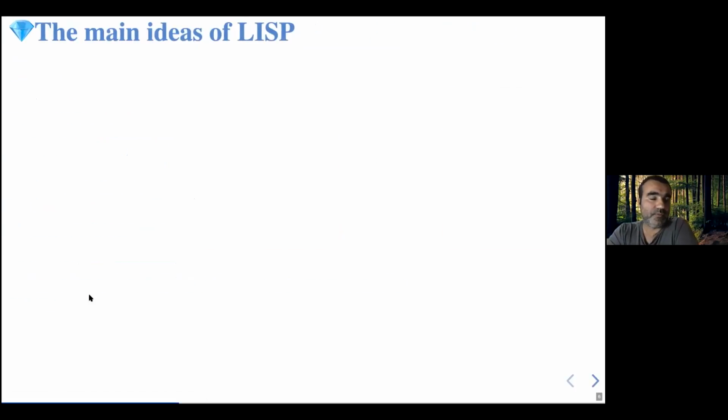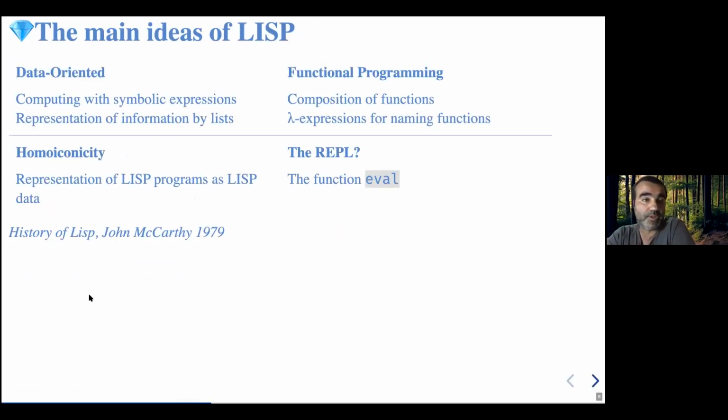Let's move on. When I prepared this presentation, I read again one of the Lisp papers, not the one from 60, but the one from 68, I think. And in the introduction of the paper, John McCarthy enumerates what makes Lisp stand apart. And it has a lot of parallels with the diagram I showed about Clojure. So I'm going to show you. John McCarthy, 1979, so 20 years after Lisp was invented,